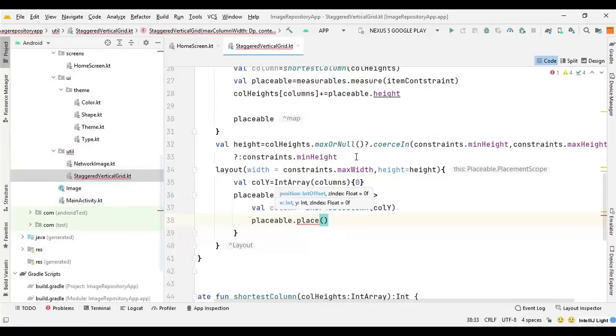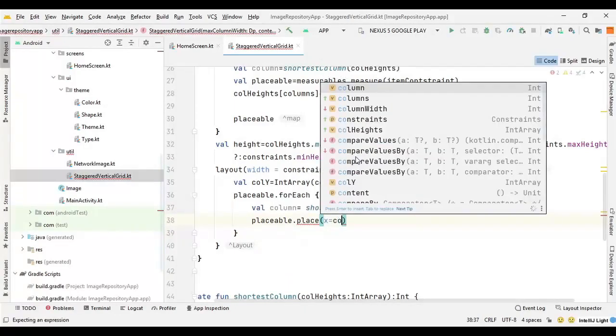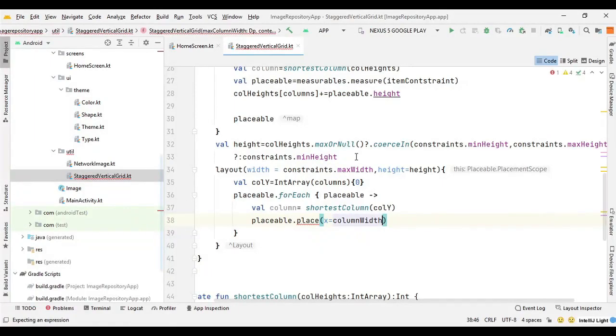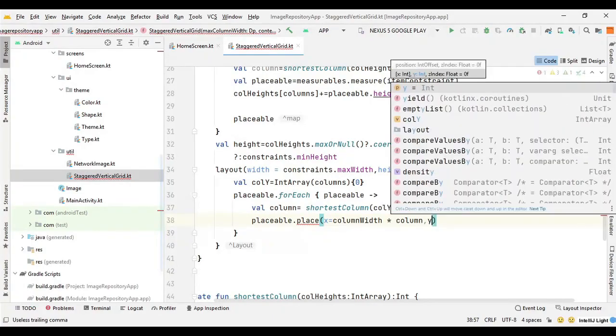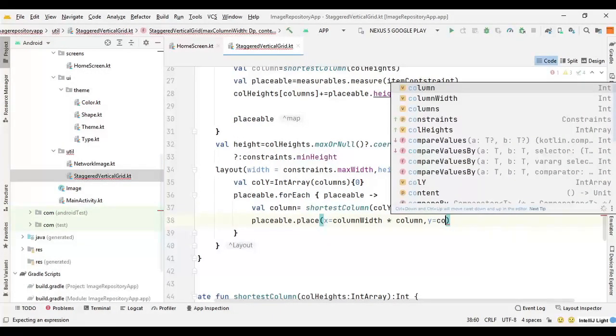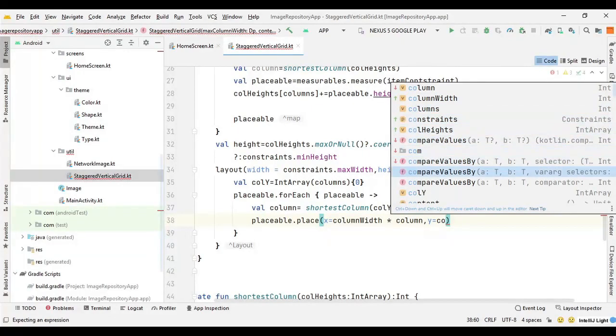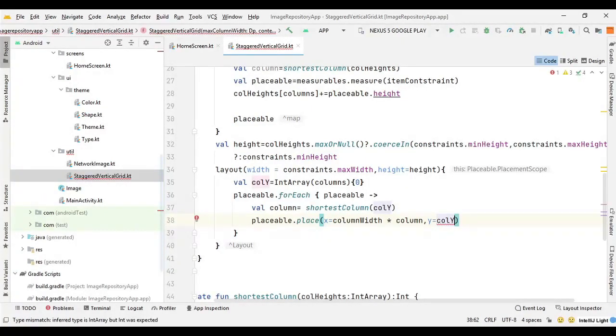So we need to start from 0, so we can say x equal column width into column, which will give the position of 0 on the x-axis, and then for y we can say column y, and we can just provide the column here as an array.